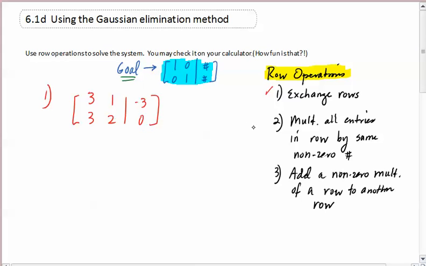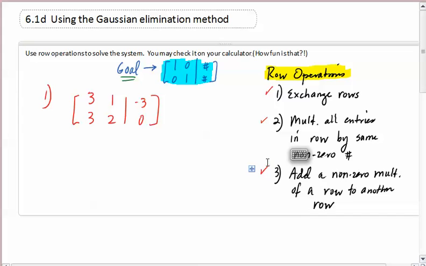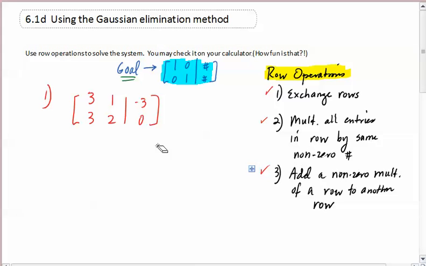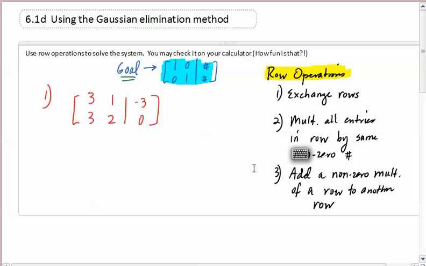Second thing is I could multiply all the entries in a row by some non-zero number, meaning I could multiply this whole row by 5 if I wanted to. That would be just like taking that equation and multiplying both sides of the equation by some non-zero number, right? We don't want it to disappear on us. And the third thing we can do is add a non-zero multiple of a row to another row. So we're going to take a look at what those look like right now as we move toward the goal